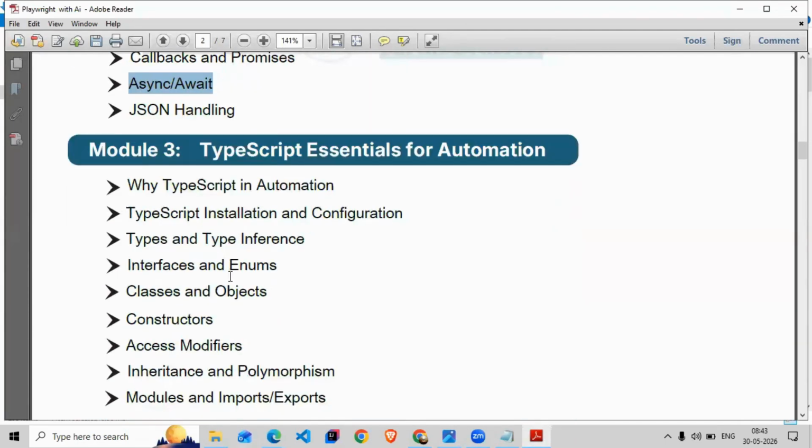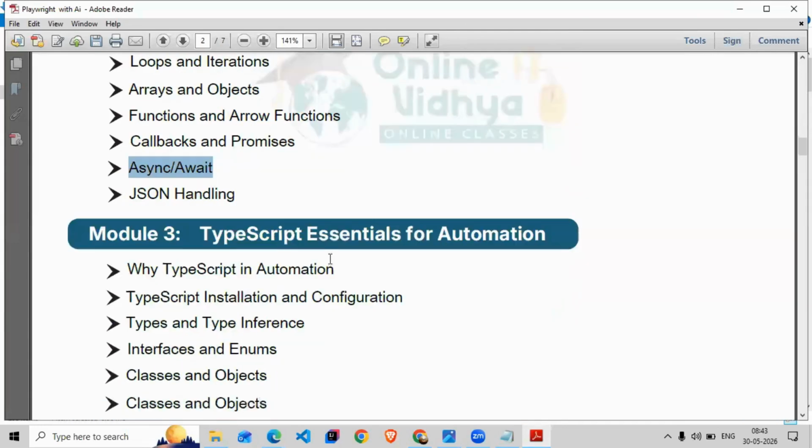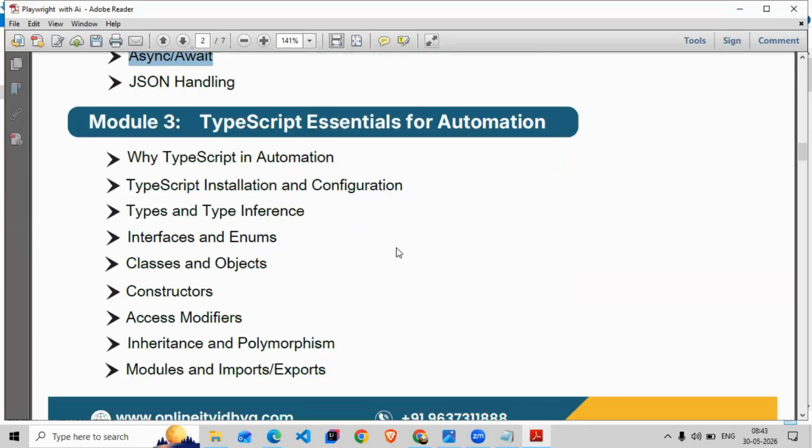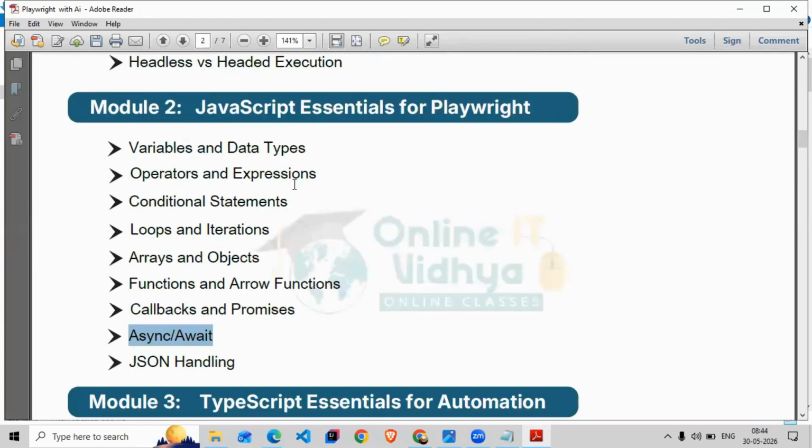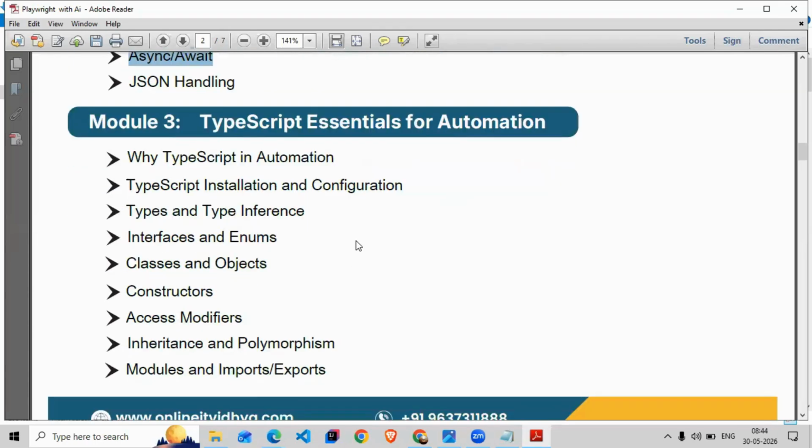So we will go through JavaScript, then TypeScript. I said TypeScript is like a bigger picture. TypeScript eventually will convert to JavaScript, but TypeScript has some things more. What are the more things you have? JavaScript is a scripting language. It has classes and objects, but it does not have data types. I don't mean it does not have them totally. It has data types, but what JavaScript does is, when you are